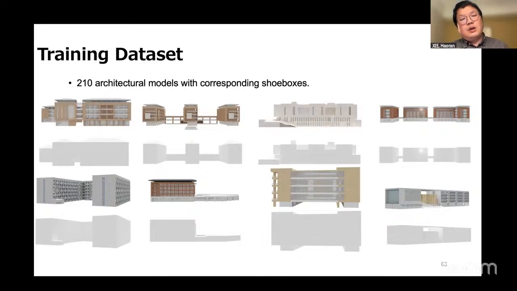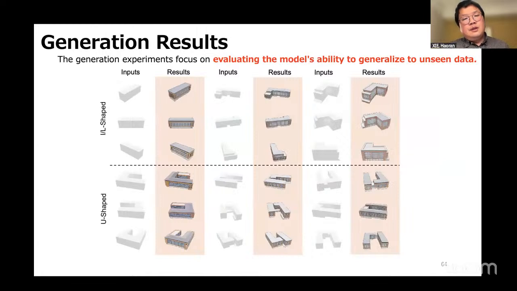Basically, we use over 200 architecture models. From different input, even a very simple input of just a box, we can get the details of the generated architecture 3D models in multi-view, different viewpoints that are consistent.